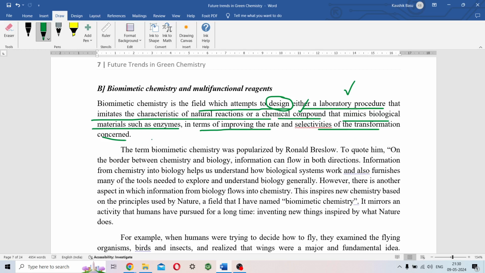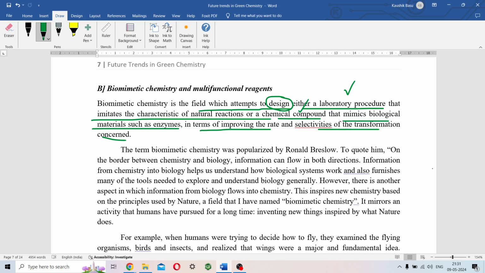So you are trying to do maybe an oxidation reaction or a reduction reaction, or a deprotection reaction, or just a functional group interconversion or something like that. If you can mimic an enzyme which does the exact same thing in our body on a similar substrate, then that's a biomimetic